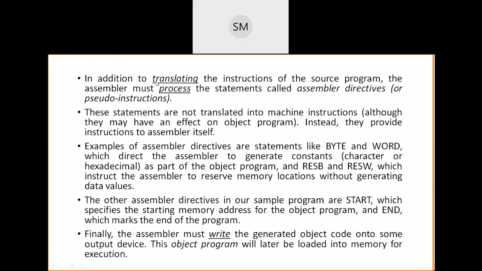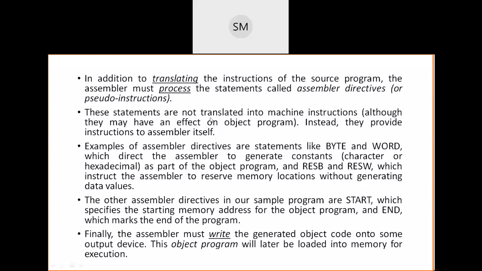So in addition to translating our instructions, we have to process some statements which are called assembler directives. What are these assembler directives going to do? These are not part of our program, but they play a very important role. They have an effect on our object program.